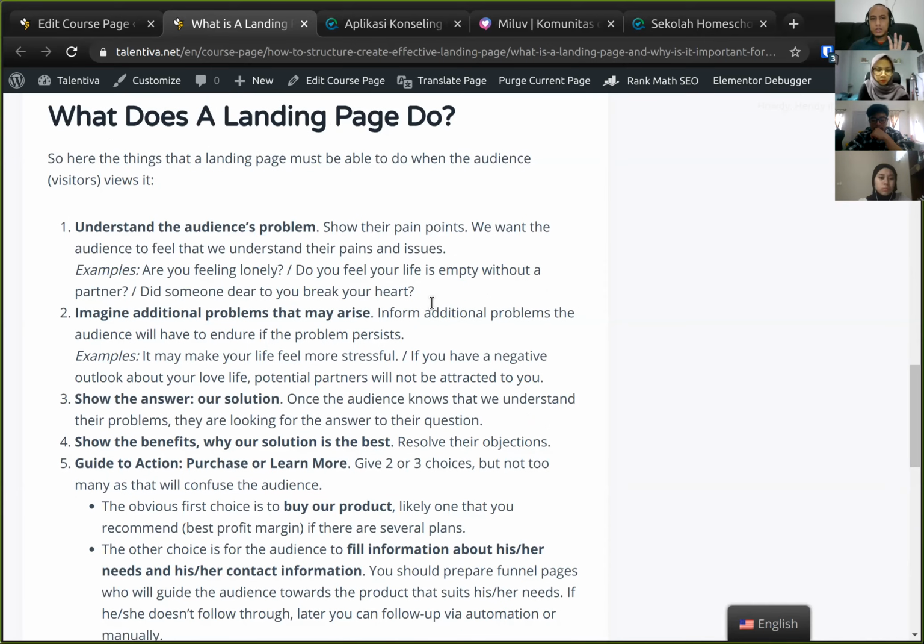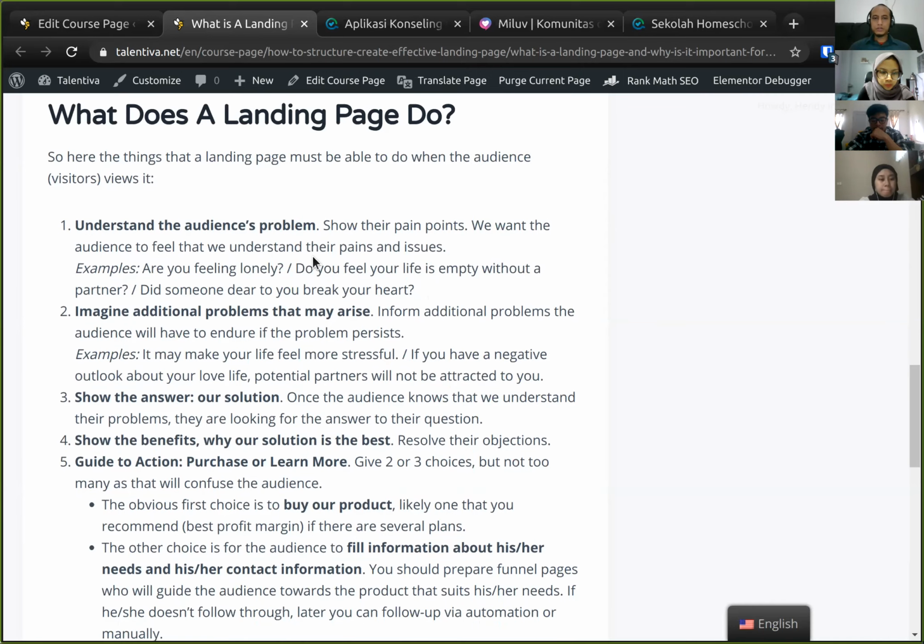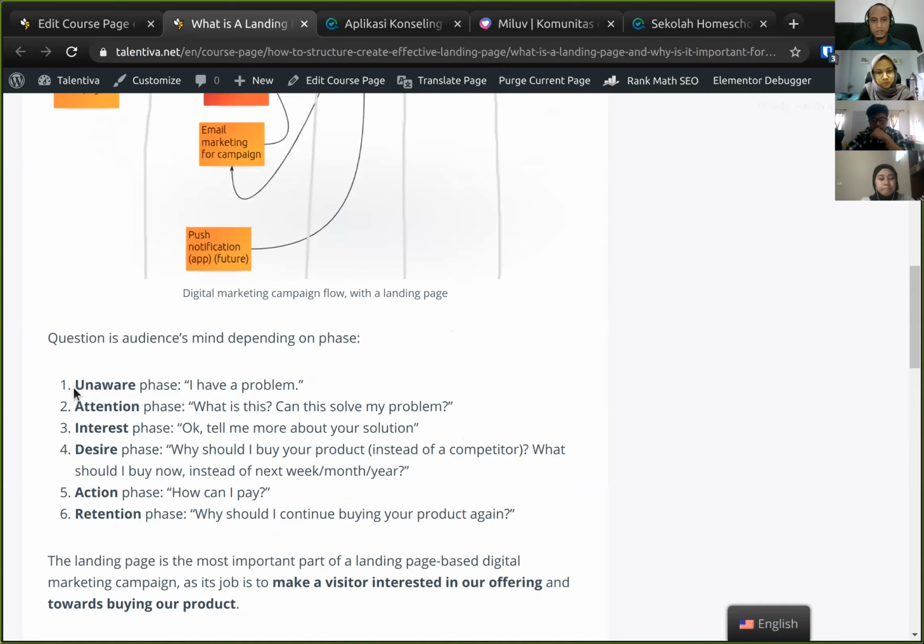So what does a landing page do? If you create a landing page, what should it do to the audience? The first one is that it must be able to understand the audience's problem. So the first one is problem first, because as you can see here, in the unaware phase, I have a problem, but I don't know whether there is a solution. Maybe they are not looking into a solution. Maybe they have a problem, but then they are scrolling on Instagram, and then the user catches an advertising or maybe a post or something,